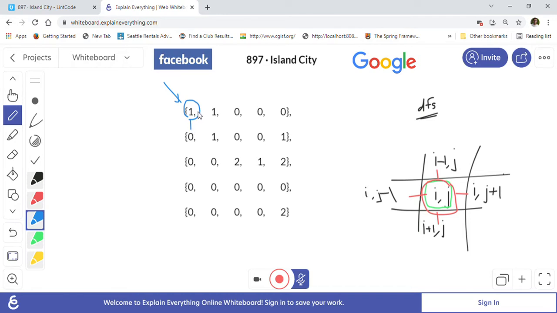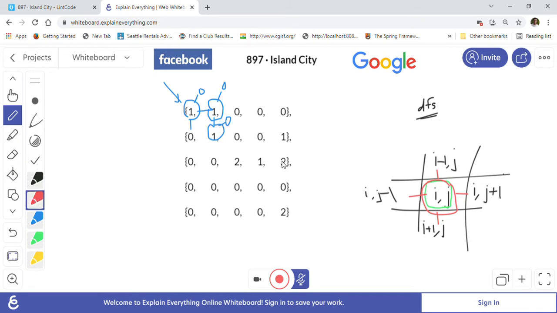So we can go here. This one is a valid cell. 1 is a valid cell. Also, this one is a valid cell. So we will try to find 2, but we are not finding any 2 here. Whenever we visit a cell, we will make that cell 0, right? So we don't want to revisit the cell again. So we will make it 0. So now we already have seen one island, but we did not find any island city yet.